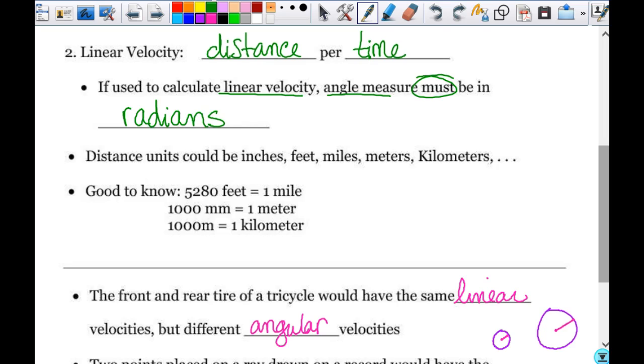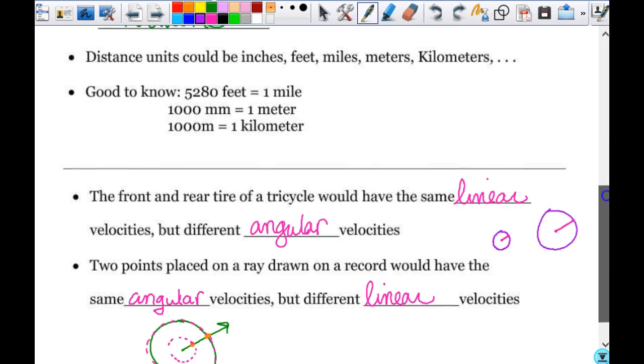And if you're using an angle measure to do this, like if you have to plug everything in from scratch, then you have to make sure your angle is in radians. So if you're going to use your angular velocity, which is one way to do it, you have to make sure your angular velocity is in radians per whatever, okay? Because it could be that you found it in revolutions per second, but what you really need it in to go farther is radians per minute or something like that. But I'm going to show you an easy way that I know you have done things like converting like this in the past, whether it be in,